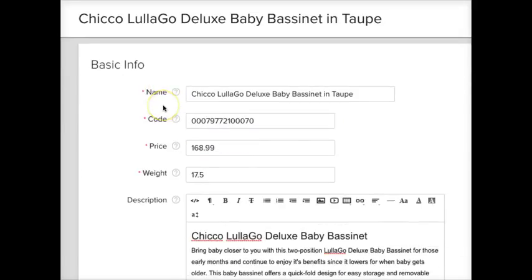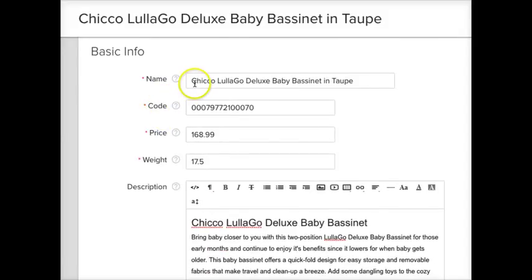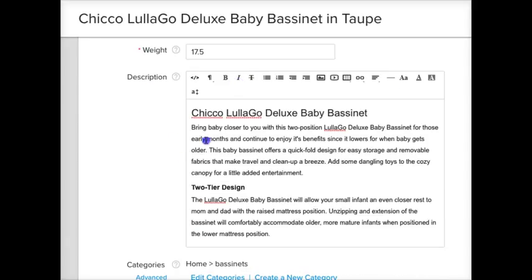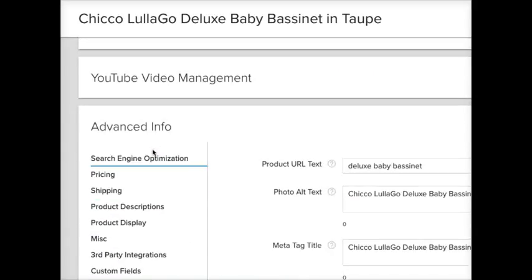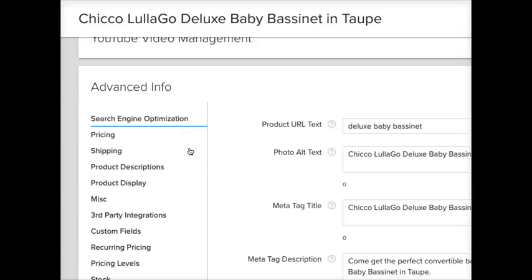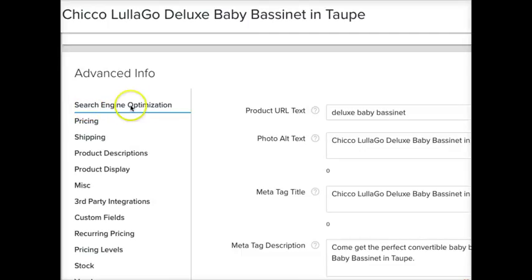But here we have more than just the title that is looked at. eBay only looks at the title and the item specifics. They don't look at the description. Google looks at everything. Title, description, and then they go further, and that's where the advanced info comes in. So in the optimization webinars, it teaches you how to go to the advanced info, search engine optimization, and